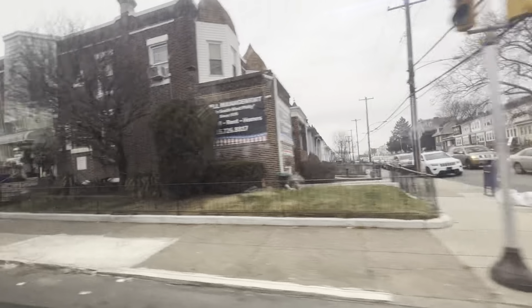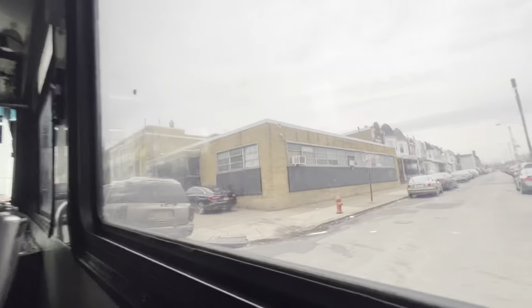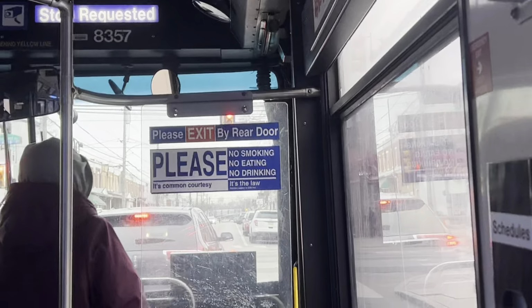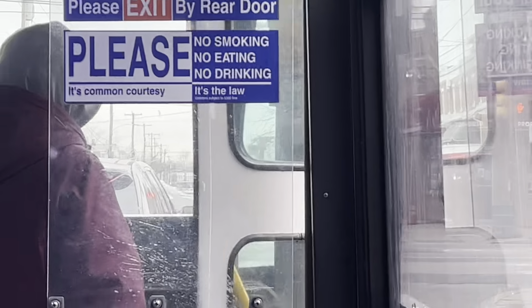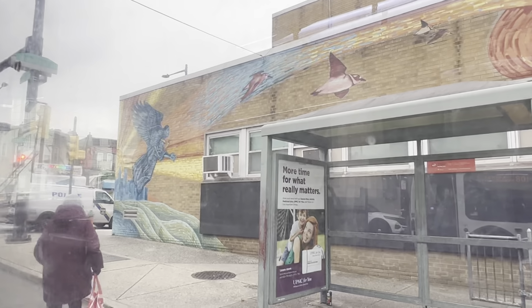65th Street and Woodland Avenue for Route 11. Commercial. Now this is Woodland. This is another street coming up. I'm gonna be going up in the neighborhood right here. This is 65th Street. Like I said, if you go straight, that's where you go into my neighborhood. Go back to the 8 and